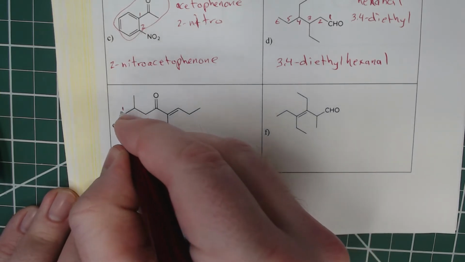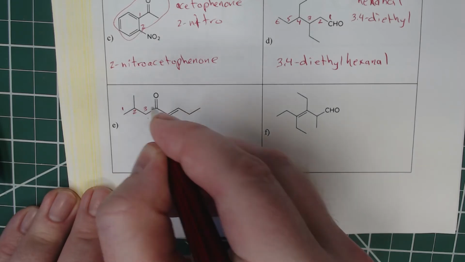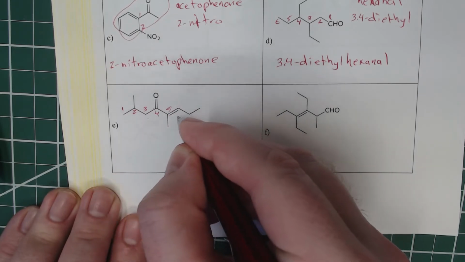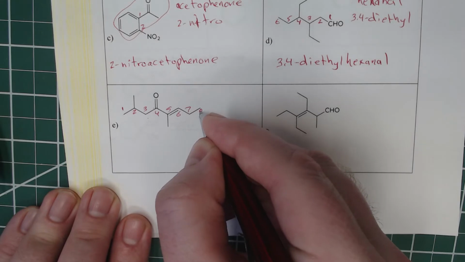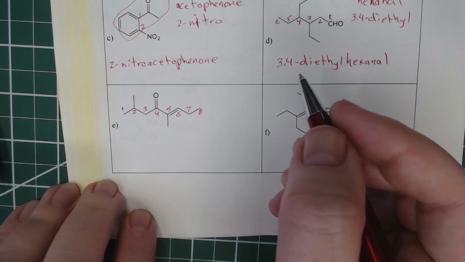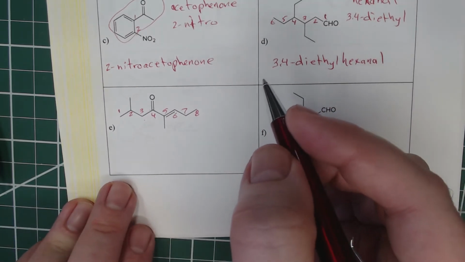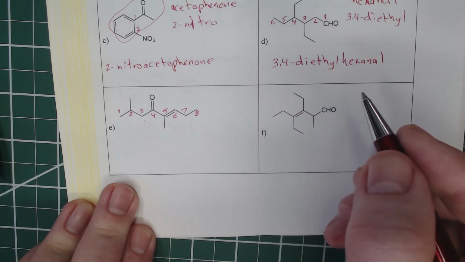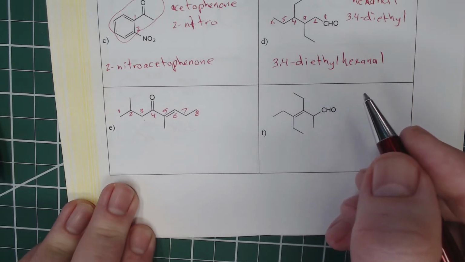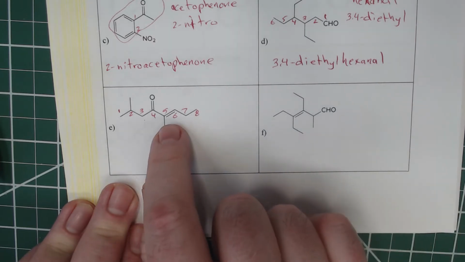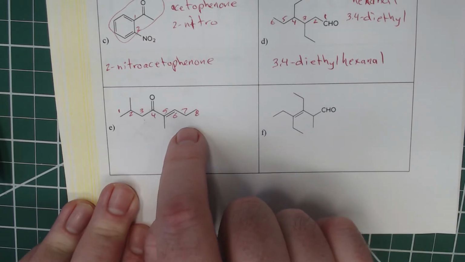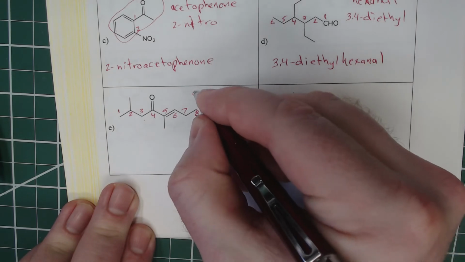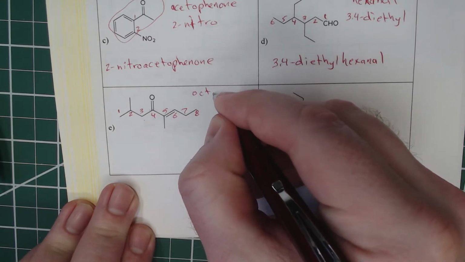So we're going to number from the left side here. 1, 2, 3, 4, 5, 6, 7, 8. All right, so that is an octanone, but it has an alkene, so it's an octenone. So when we put that all together, we'll get oct,